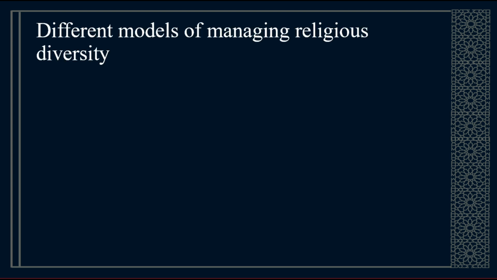Let us look at some models of managing religious diversity. In a state that is large or small with multiple religious communities, there are probably many ways of dealing with religious diversity. One model is to consider all citizens as equal and to give complete freedom to each religious community to maintain its religious tradition and the freedom to practice it. This is probably the model that we are most familiar with today. There are many other models that different states experimented with in the past, and we see some examples of that even in our modern times.